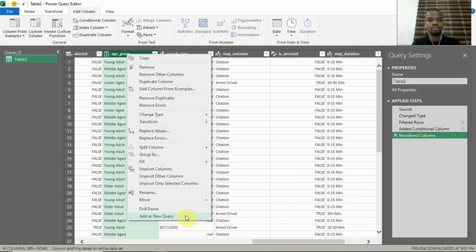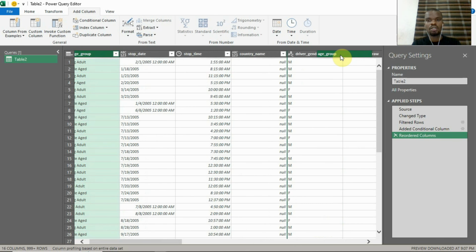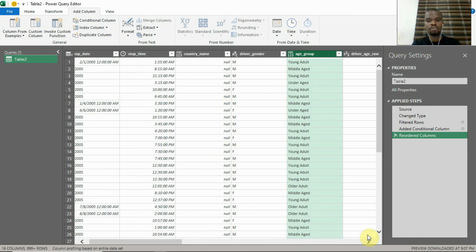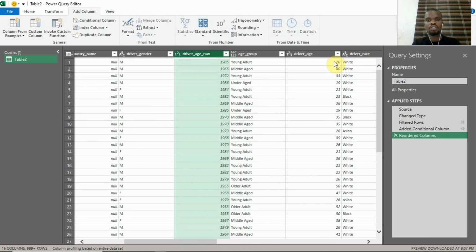Click move. Let's move to beginning, and then since that's closer to where the ages are, so we can see our different ages: 20 young adult, 40 middle aged,